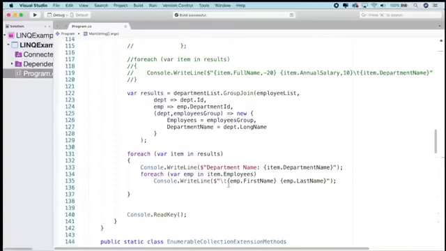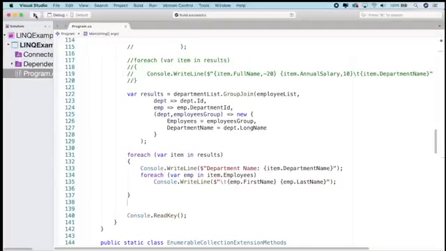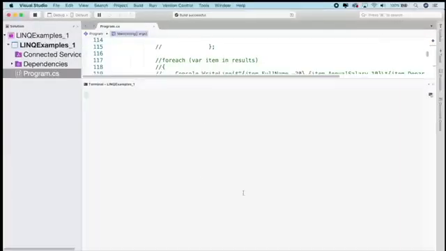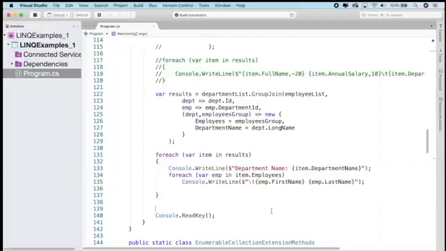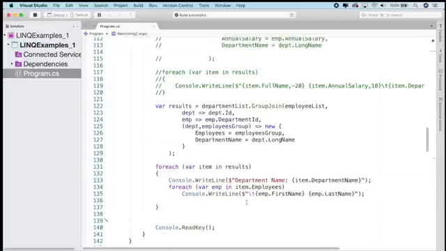Let's run the code. Note, the way we have structured our output is clearly different when outputting the results of our group join query when compared to the way we structured our output of the results of our join query. But note that at the moment the same join between department records and employee records has occurred. The reason for this is not because the group join and the join operators perform the same type of join operation. It is because currently each of the records in the employee list collection match with a department record in